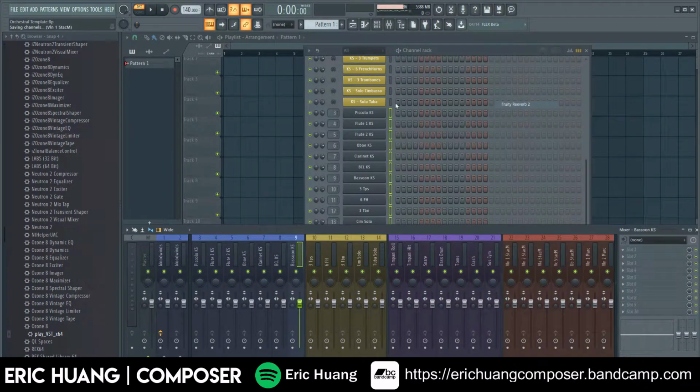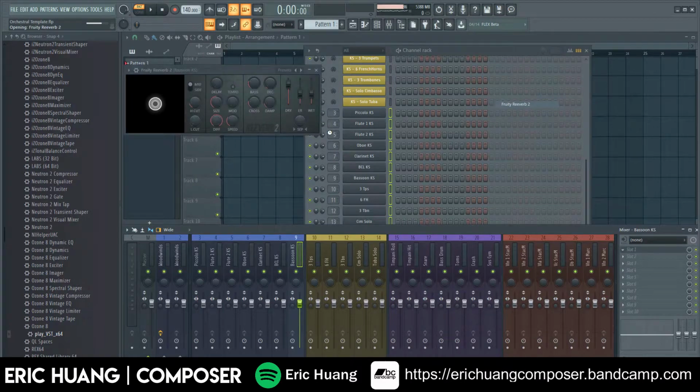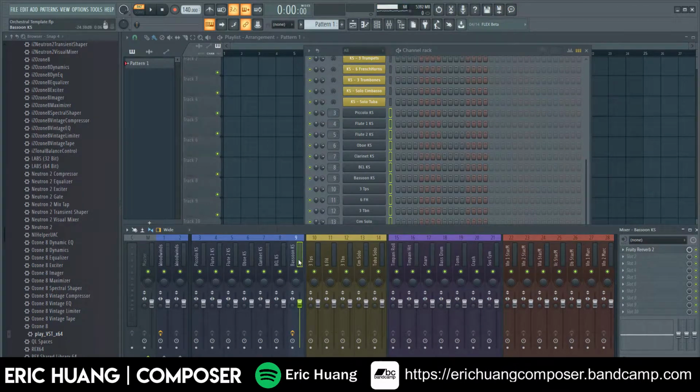Just so I could be quick, I'm just going to add in Fruity Reverb. Okay, so it has reverb in this track, but instead of putting it here, I'm going to be putting it into the track with no reverb. This way, it doesn't get extra reverb and you could be more flexible. So now I'm going to do that with all the other sections, and for default, just link it all to the one with the reverb so it could stay consistent. And then if you don't need the reverb, you could just change it later.